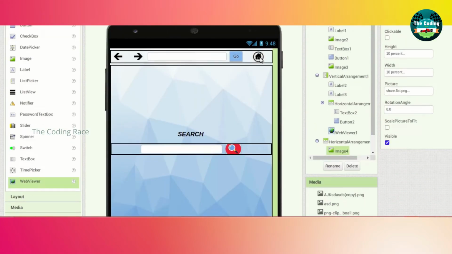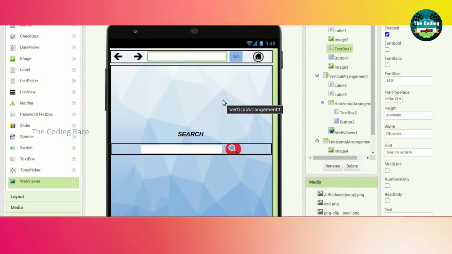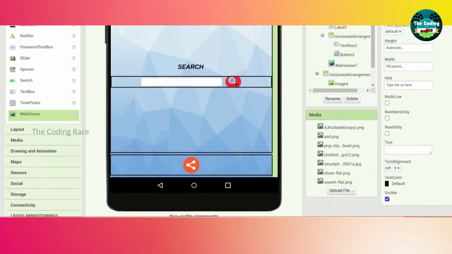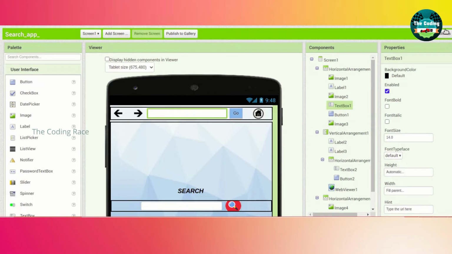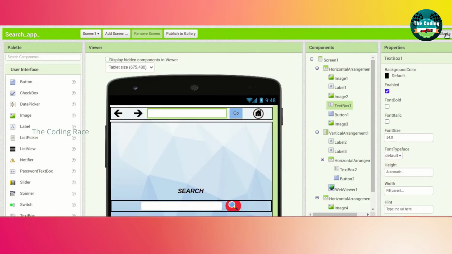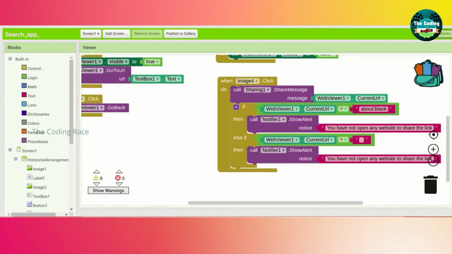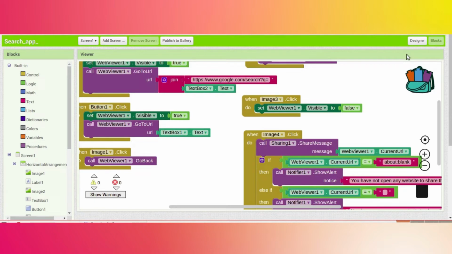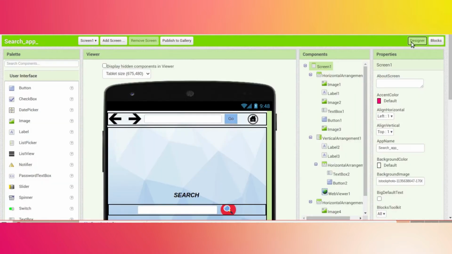And go to the settings and add one more else if. Duplicate the notice alert and the web viewer current URL, remove the text and go to the designing. So these are our